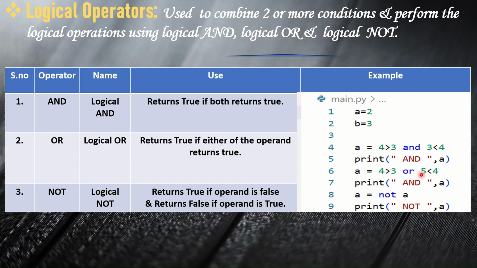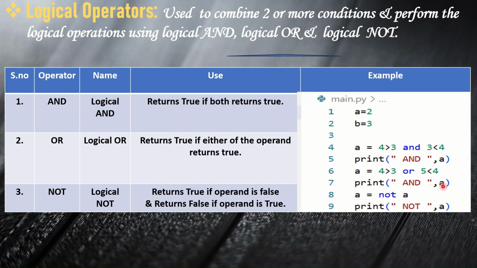Or if both conditions are true, it also returns true. Here 4 greater than 3 is satisfied, and 5 less than 4 is not satisfied. Only one condition is satisfied, so it's going to give